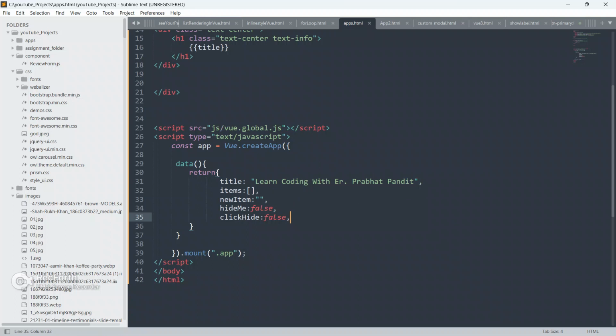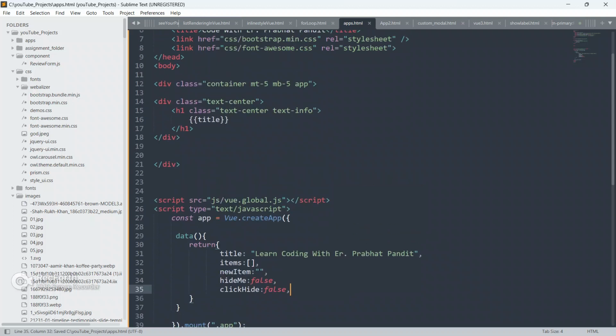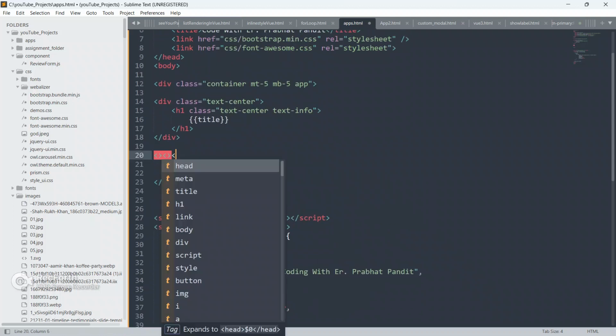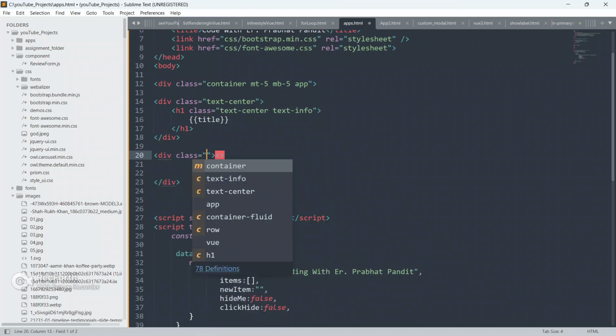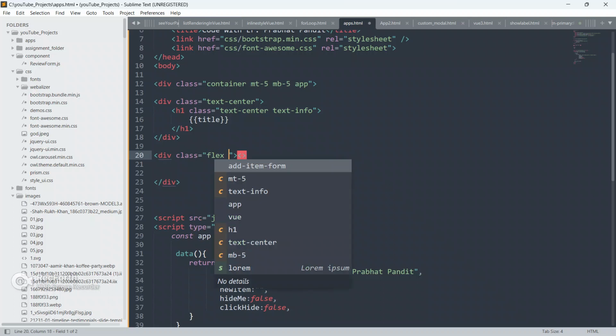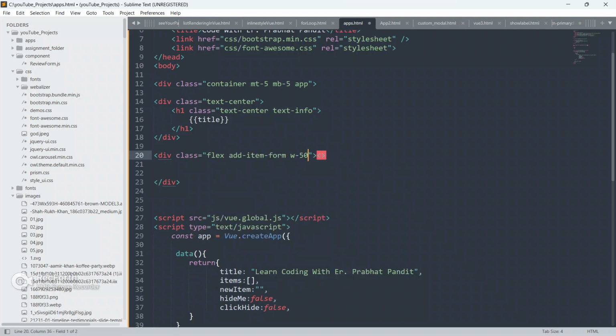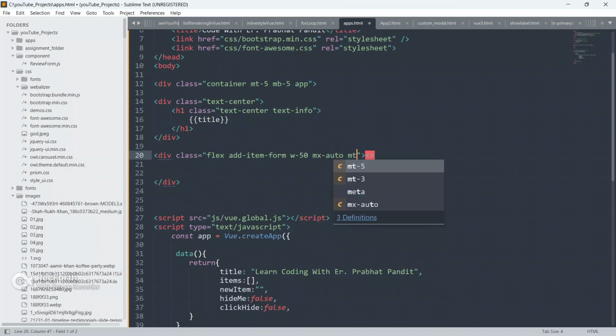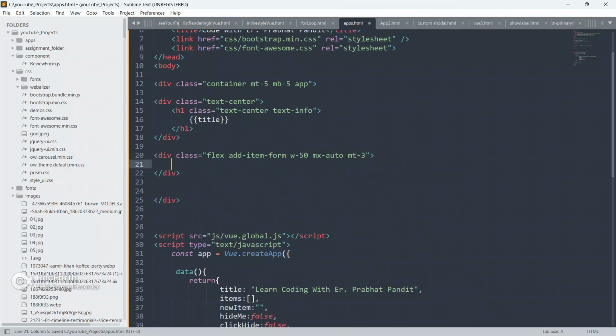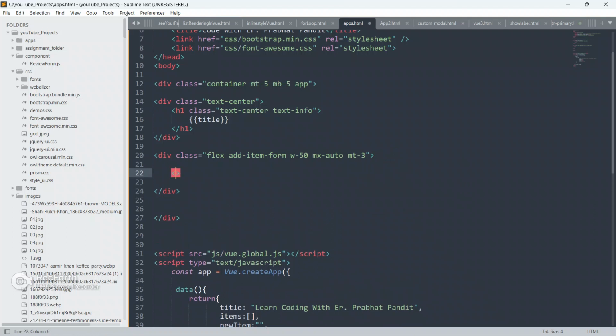Okay, so now I'm gonna create one input box. So below this div I'm gonna create another div, give it a class of flex, add item form with 150% and give mx auto and margin top 3 only, and close this div now. And inside this div guys I'm gonna create one input box.